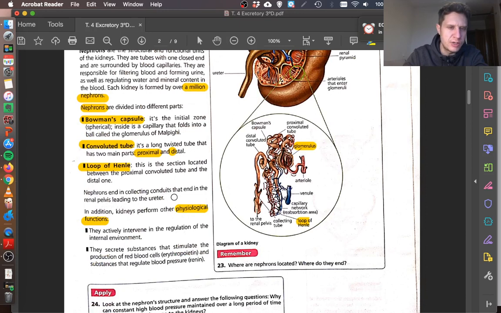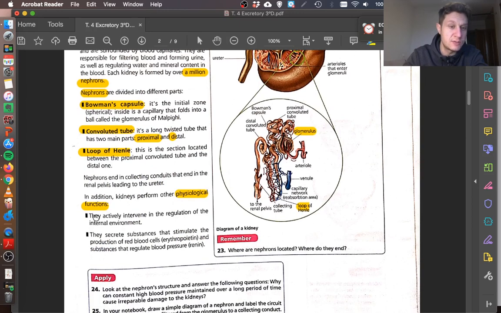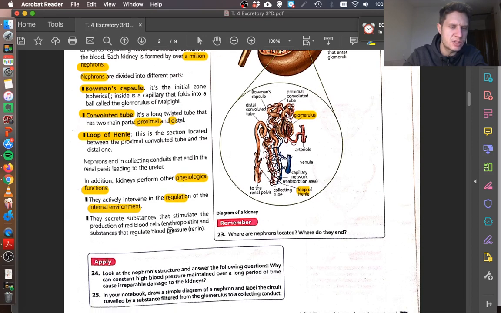Leading to the ureter. In addition, kidneys perform these physiological functions. They actively intervene in regulation of the internal environment. They secrete substances that stimulate the production of red blood cells. Erythropoietin. Okay, this is a hormone that some cyclists inject to themselves to generate more red blood cells, and therefore